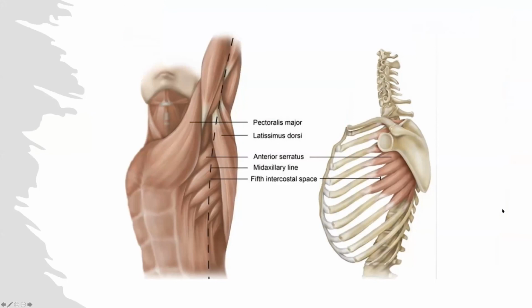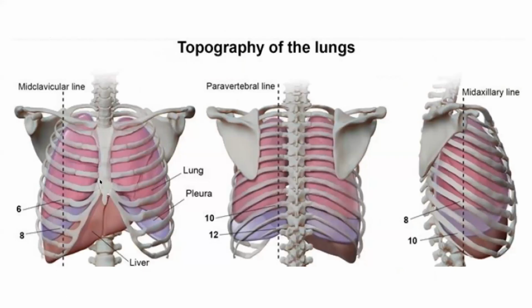So now this is the label, and you can see the fifth intercostal space and all that, which we are interested in and should be knowing. So if we are entering through the mid-axillary line, you need to be good. The long thoracic nerve is far away, because it's somewhere here. It's not coming that far. That's why the whole surgery, the whole practice is all about safety. Okay, guys, we talked about these lines.